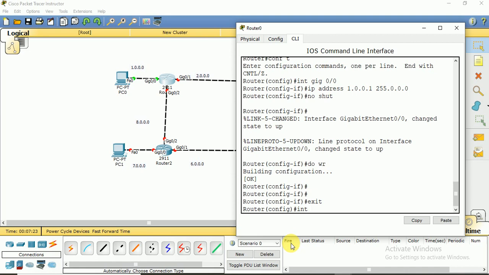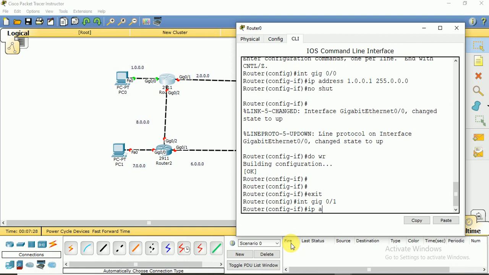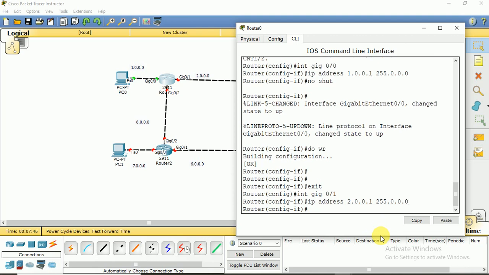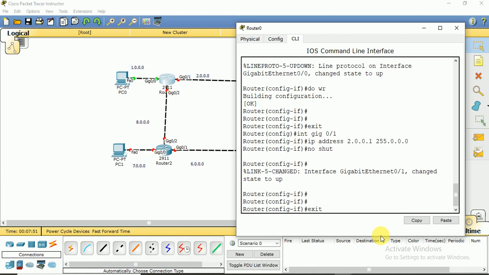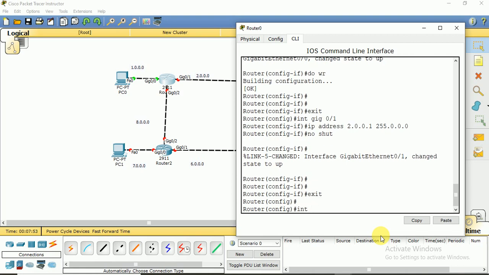Now interface gig 0/1 and assign IP address. Obviously this is interface gig 0/1, so the IP address will be from subnet 2.0.0.1, and the mask 255.0.0.0. No shut. Now the interface is in working mode. Exit. Now the last interface for this router is interface gig 0/2